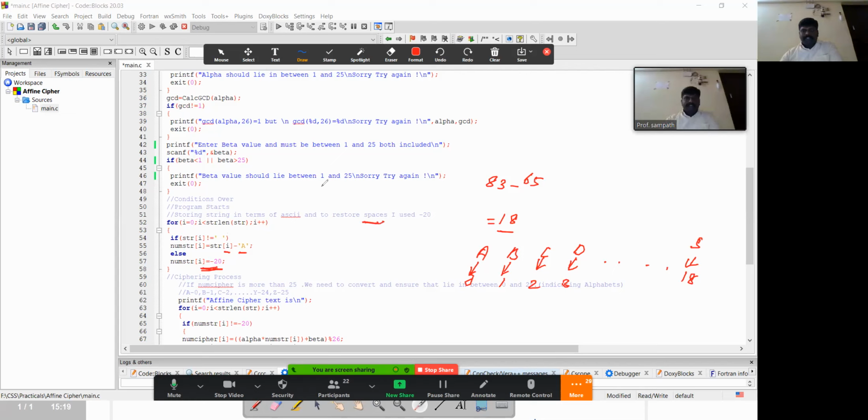Then the actual logic takes place, the implementation of the mathematical part.